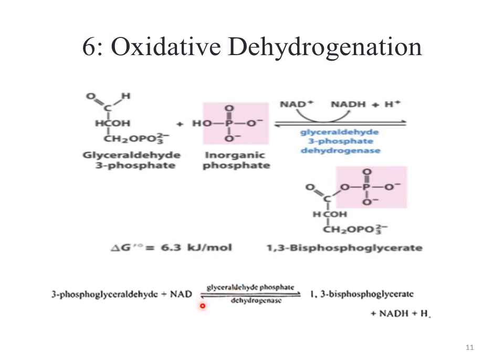Now again, like the previous step, it is interesting that this is a reversible process, as indicated by the direction of the arrows. 3-phosphoglyceraldehyde can get dehydrogenated into 1,3-biphosphoglycerate, and meanwhile it can also move in the backward direction and get converted back into 3-phosphoglyceraldehyde.